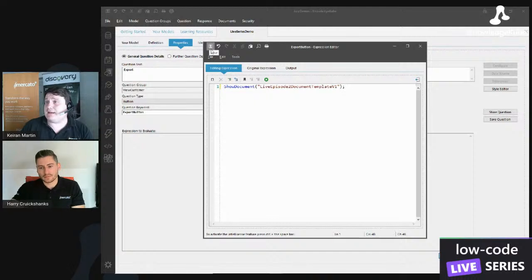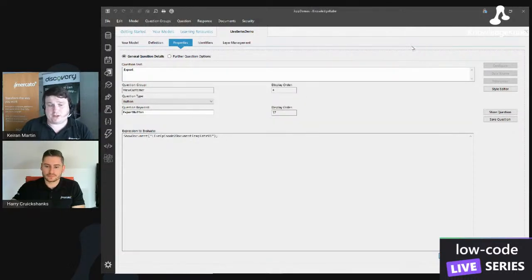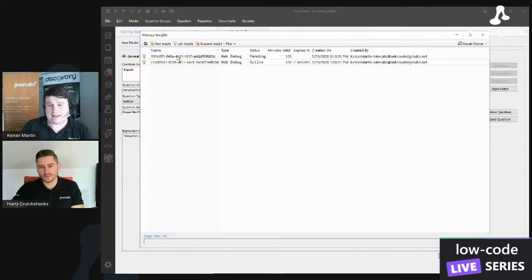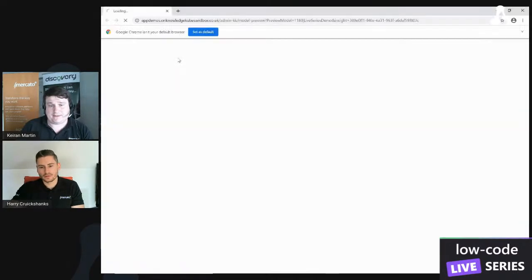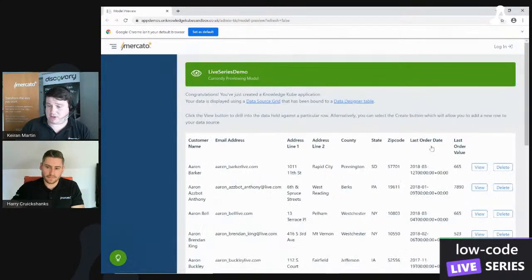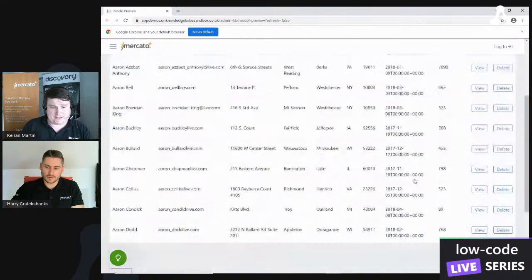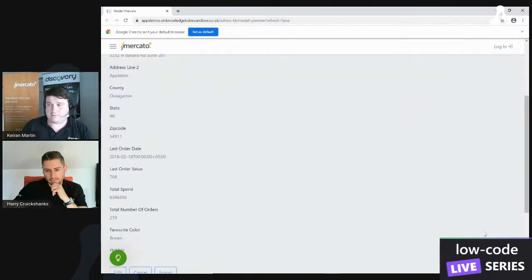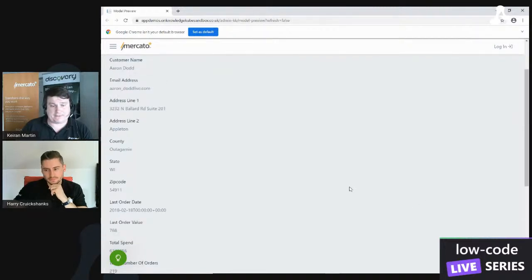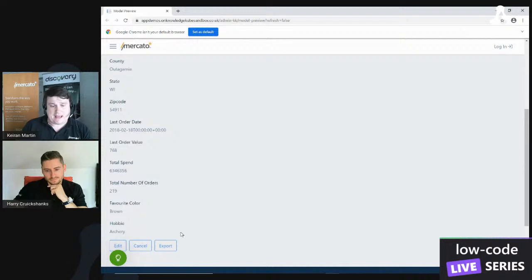So if we click save, what we're now going to do is go back to our application. I'm going to open this up and click here. This is going to load up. Okay, so our same application we showed a minute ago. I'm going to go into a different record this time, Aaron Dodd. We'll click view. And now you have an export button at the bottom here. And when we click this,